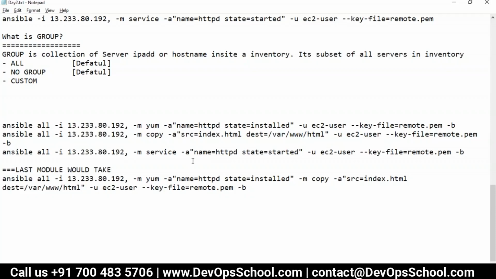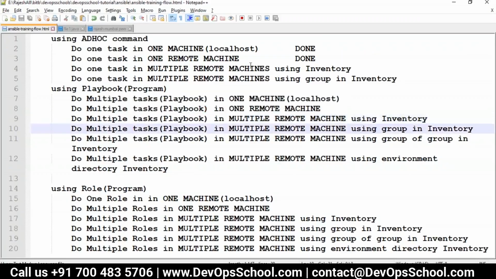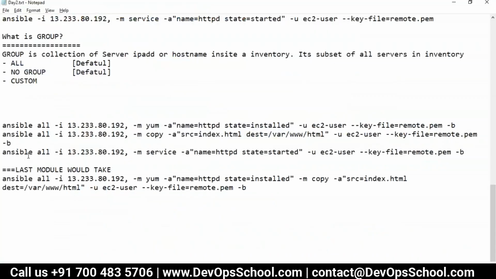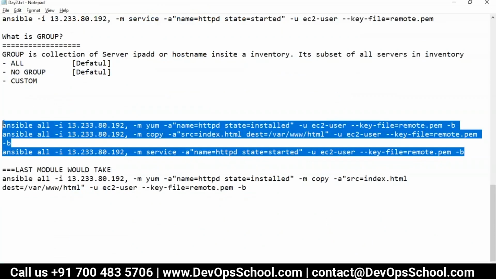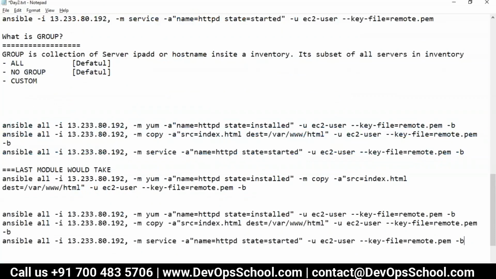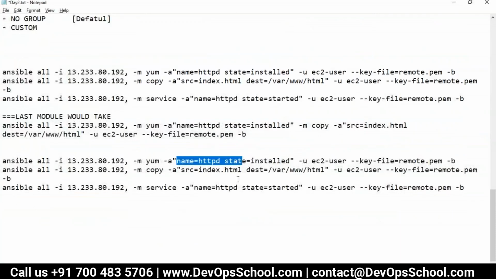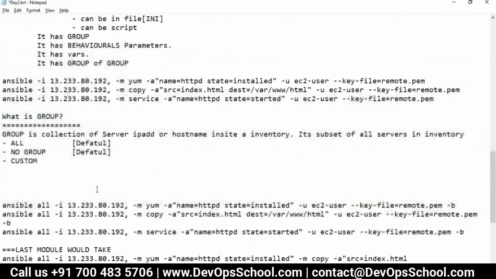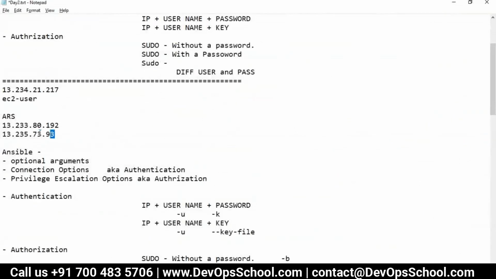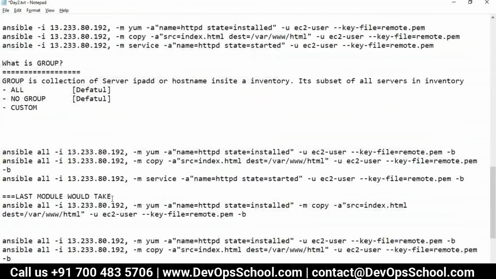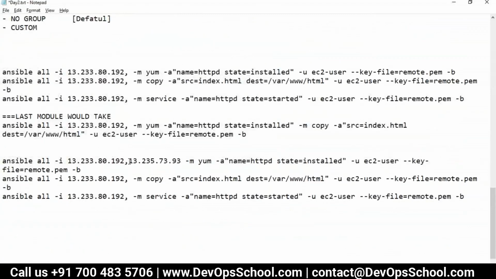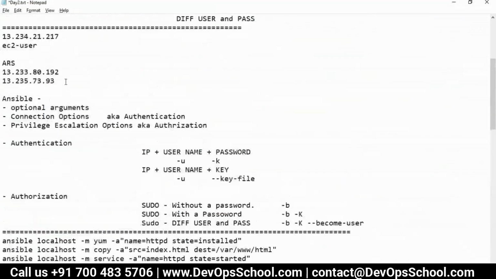Okay. So now there is a problem here. How can I pass multiple remote machines? So let me fix that. If I want to run the same module on 3 machines, what do we do now? We will use IP addresses separated by comma. So I got the 3 machines including ACS also,